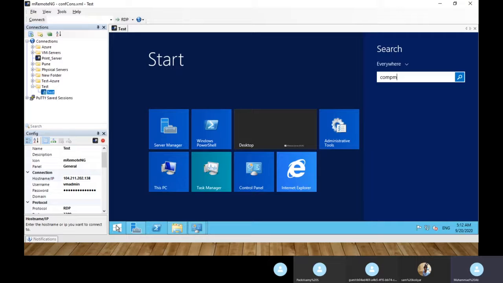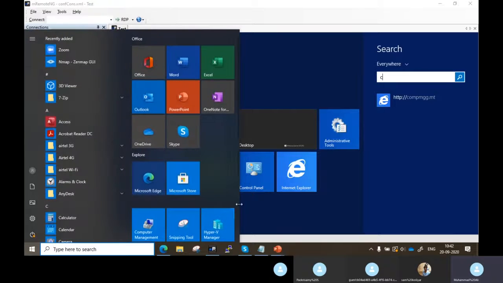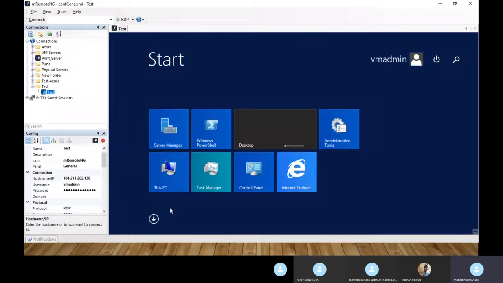My machine hangs, I think. This is because I created only 1 GB RAM for this server.